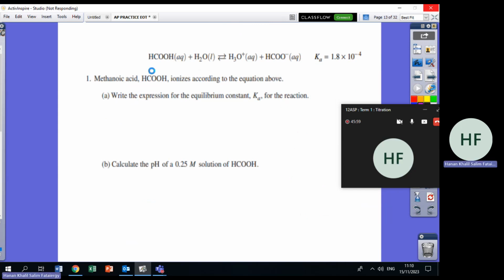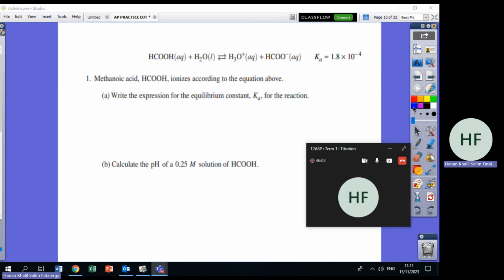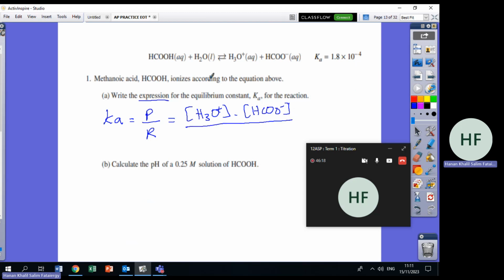Okay, we have methanoic acid. Write the expression for the Ka and calculate the pH. This is an easy question. Of course, when he says expression for Ka, it means no numbers, in letters. Ka is products over reactants. The products are H3O plus times HCOO minus over, of course water will not be counted because it is liquid,